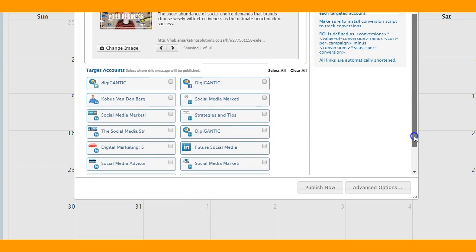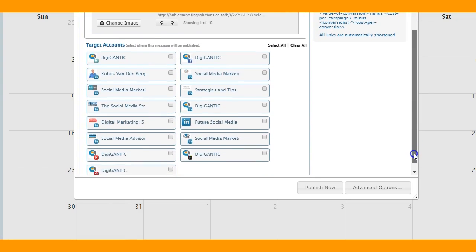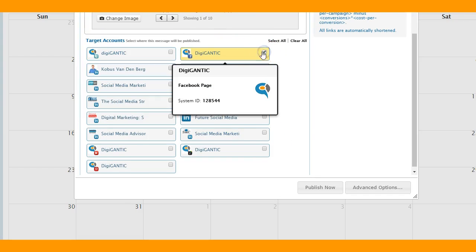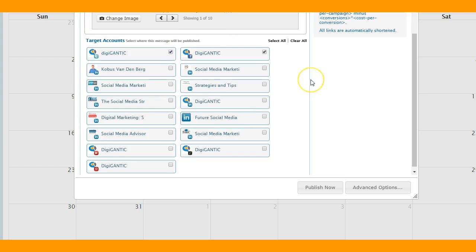So what you see here below are all the various target accounts that are connected with this specific DigiGantic account. So let's just say I wish to publish it, for instance, on Facebook and on Twitter. And once I've selected the channels which I wish to post to, I can either publish this post now, or